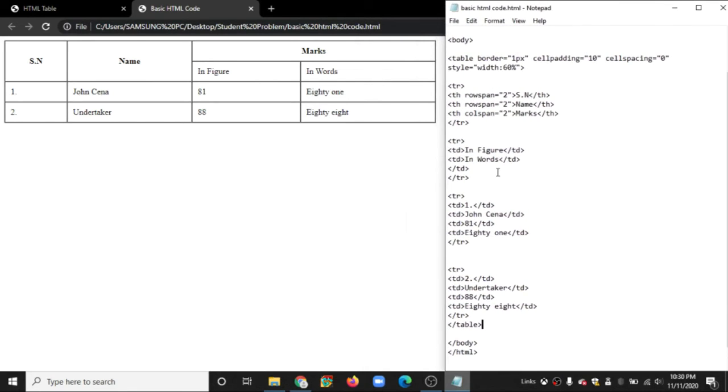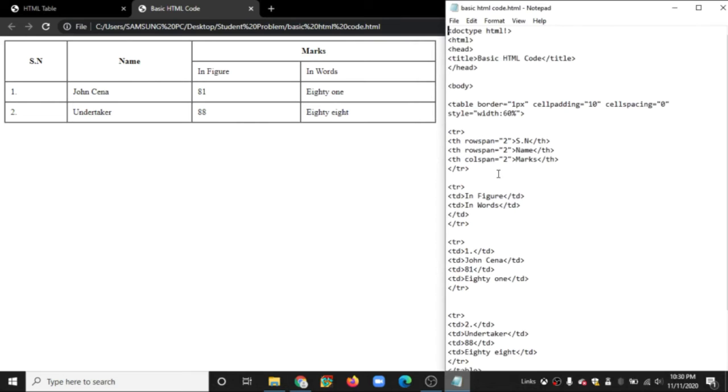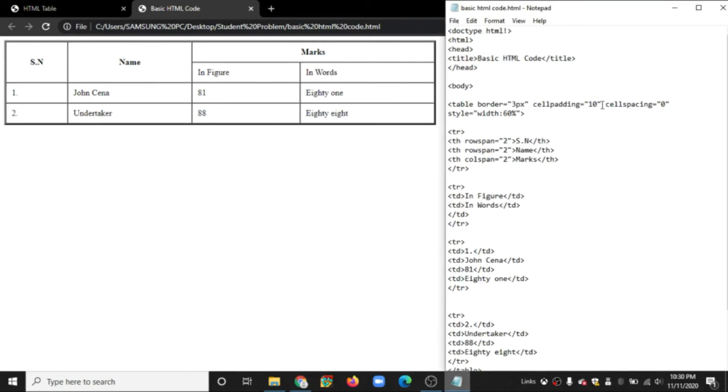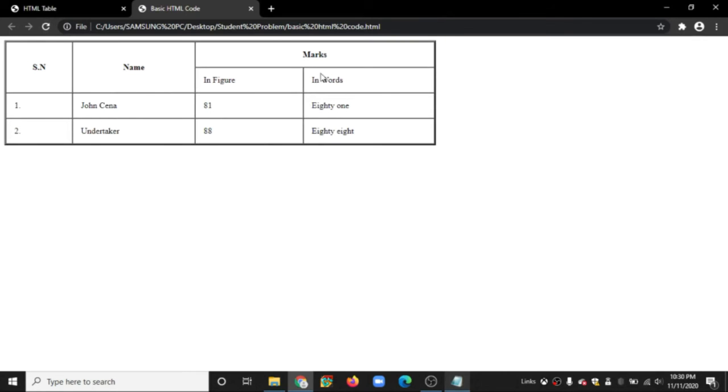You can see this is the code and this is the output of the table, but I will explain from here. If I put table border equal to 2 or 3, then I control save, then you can see the output, the outer table line is much bolder and darker, and I will show you one by one. If you use cell padding equal to 15, you can see the space between these boxes, and the size of the boxes has increased.